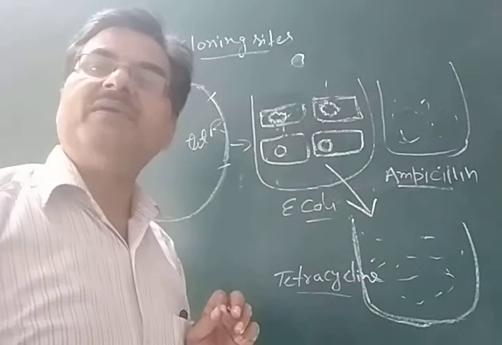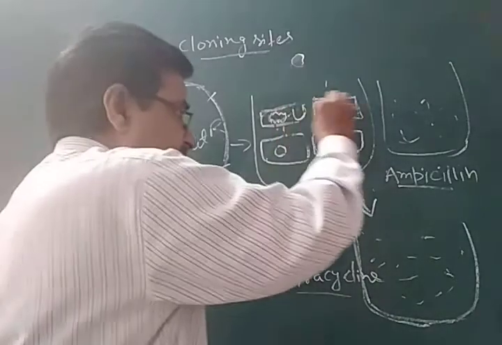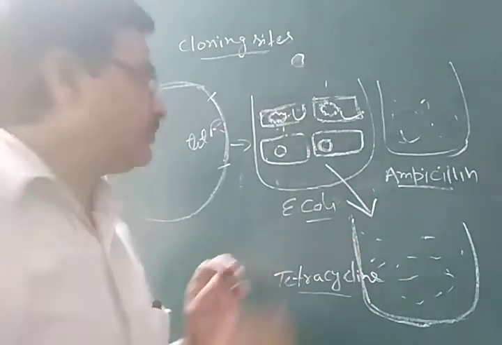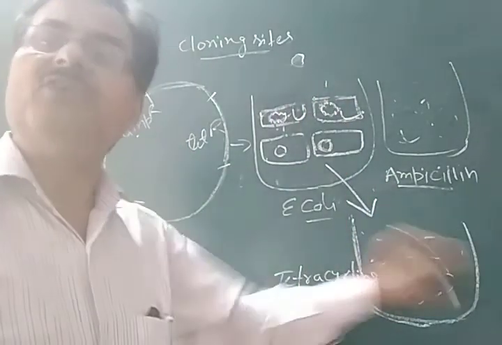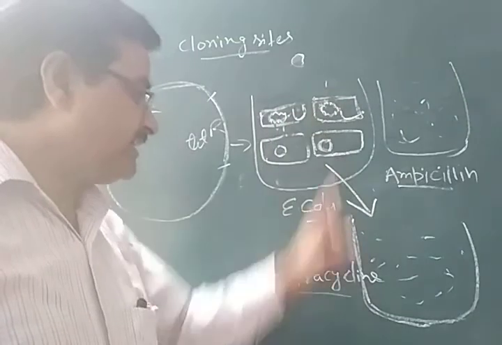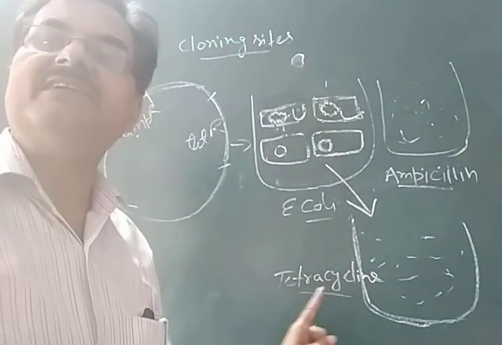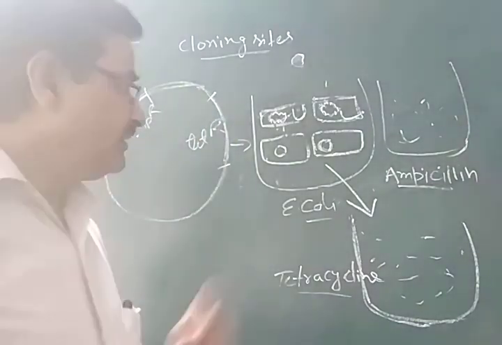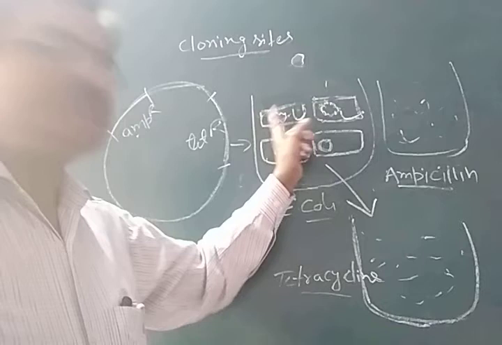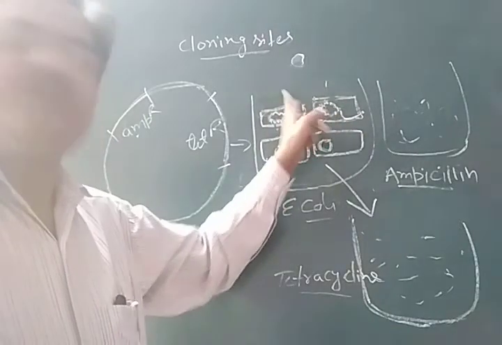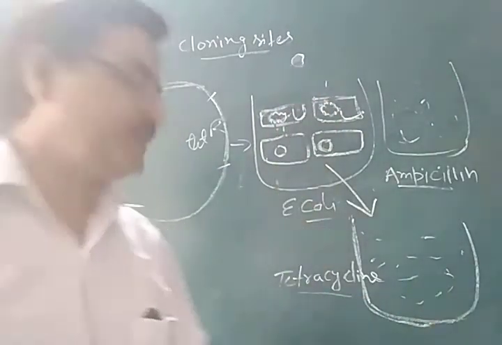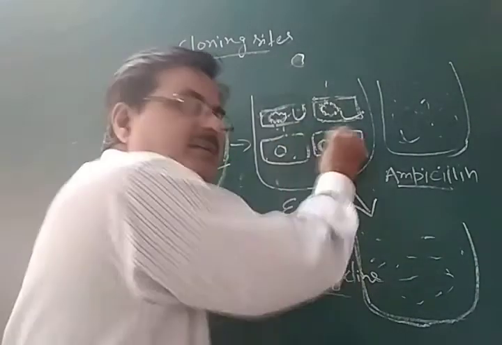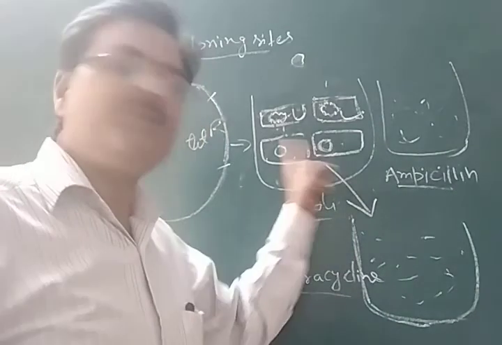In the tetracycline containing medium, the recombinant bacteria cannot grow. The growth of the recombinant bacteria will stop because in these bacteria there is no resistance against the tetracycline due to the insertional inactivation. So these transformants are the recombinants. These recombinant bacteria cannot grow in the tetracycline containing medium, but these are the non-recombinants, where there is no insertion of foreign DNA.